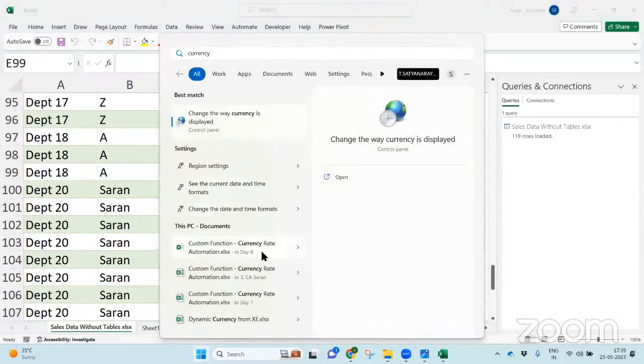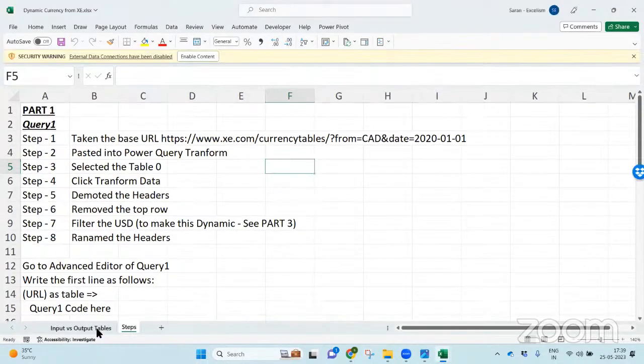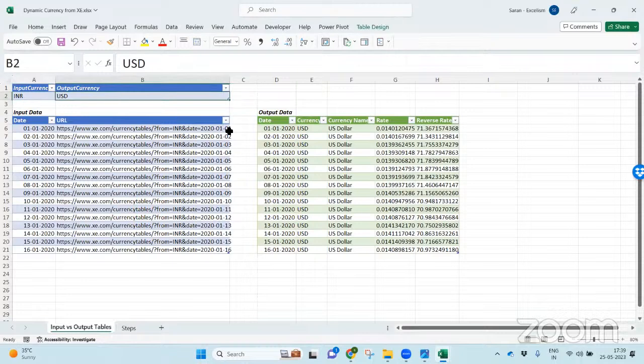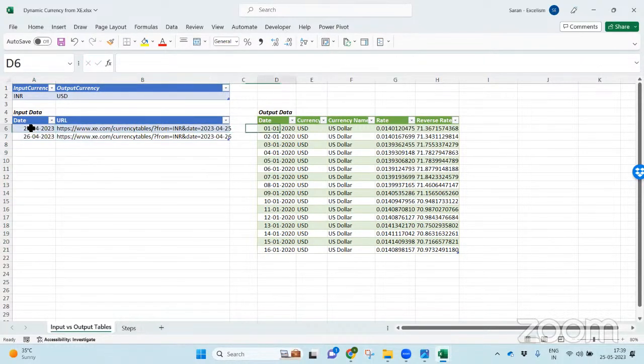This data is basically, if I want to change a specific date, say I want to know the currency rate from 1st January 2023. Otherwise, I want to take today's date, or from today minus 30. For these two dates, I want to know the currency rate, INR versus USD.